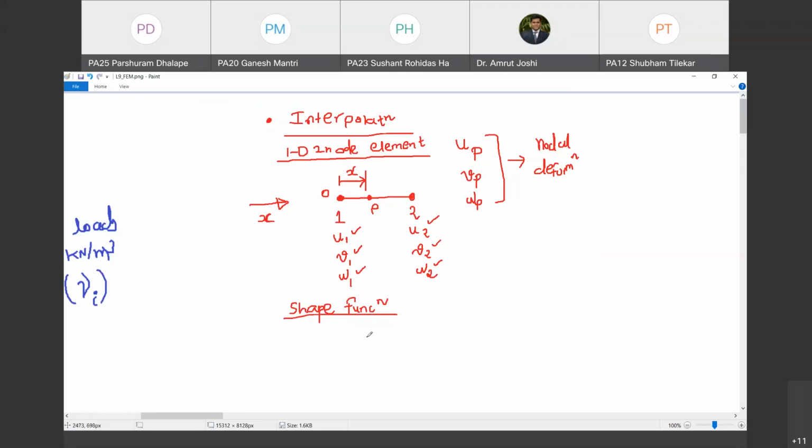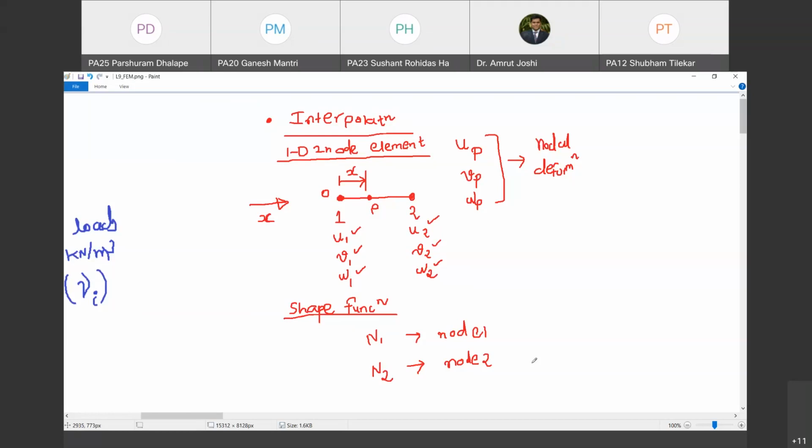So I'm going to assign shape functions with each of the nodes. How many nodes are there here? 2 nodes are there. So how many shape functions will be there? N1 and N2. N1 is the shape function assigned to node 1. Are you with me? And N2 is the shape function that I assign to node 2. If you have understood this, type your response in chat box. So for as many nodes as there are, I am going to assign one shape function to each node. Have you understood this part?